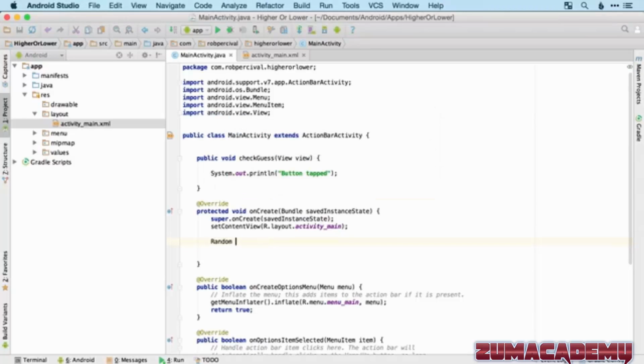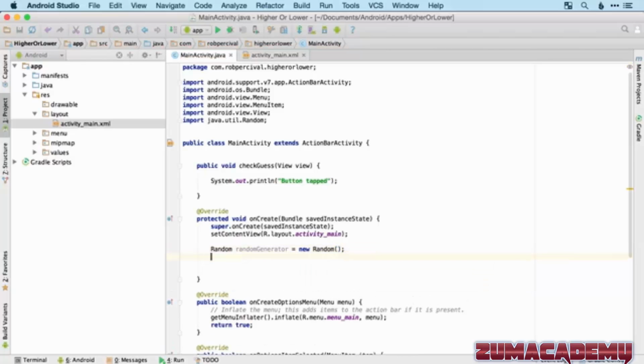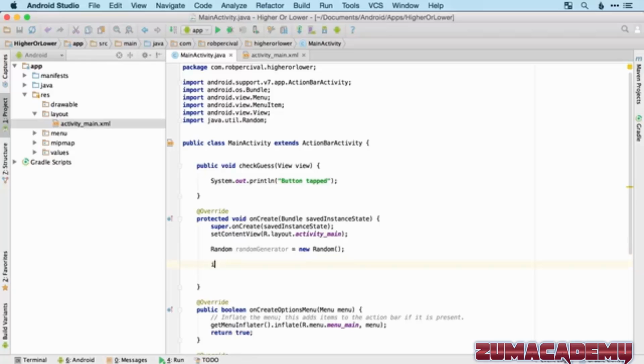So you'll remember we create a variable called random. We need to put java.util.Random in there. And again, we'll call it randomGenerator. And that's going to be a new Random. Okay, that's all good. Then we'll create our integer, which is going to be our random number. And that's going to be randomGenerator.nextInt. And I said a random number between 0 and 20, so I need to put 21 there. And then our semicolon. Now that's all well and good, and this will indeed work, but if I try and